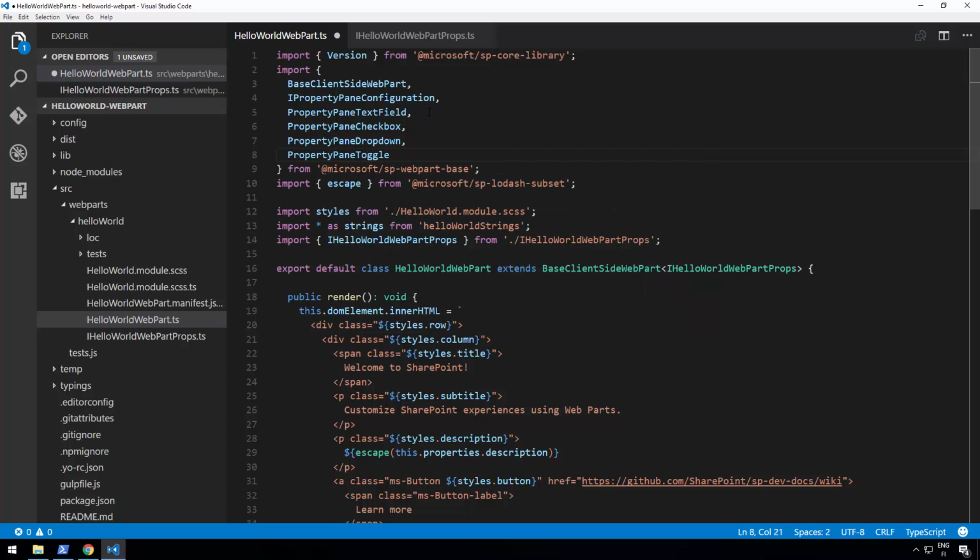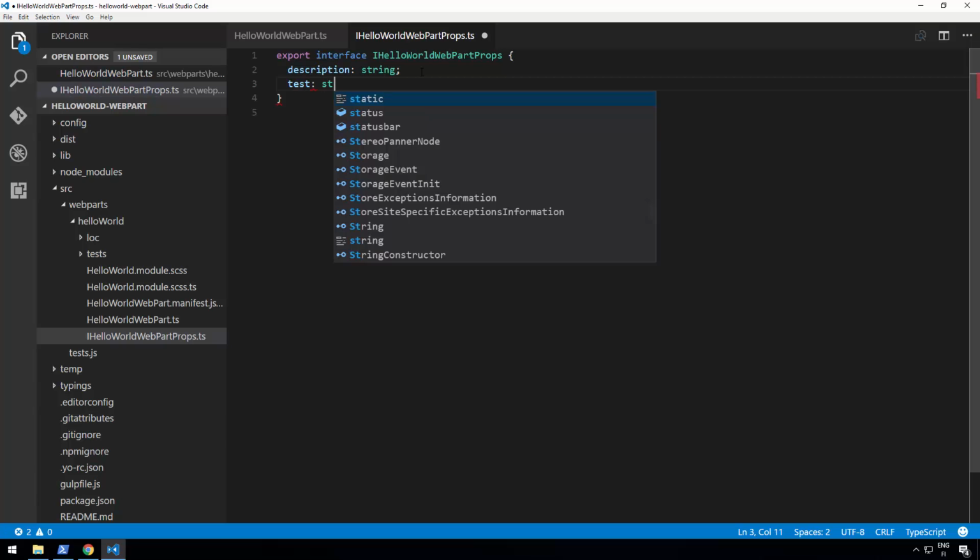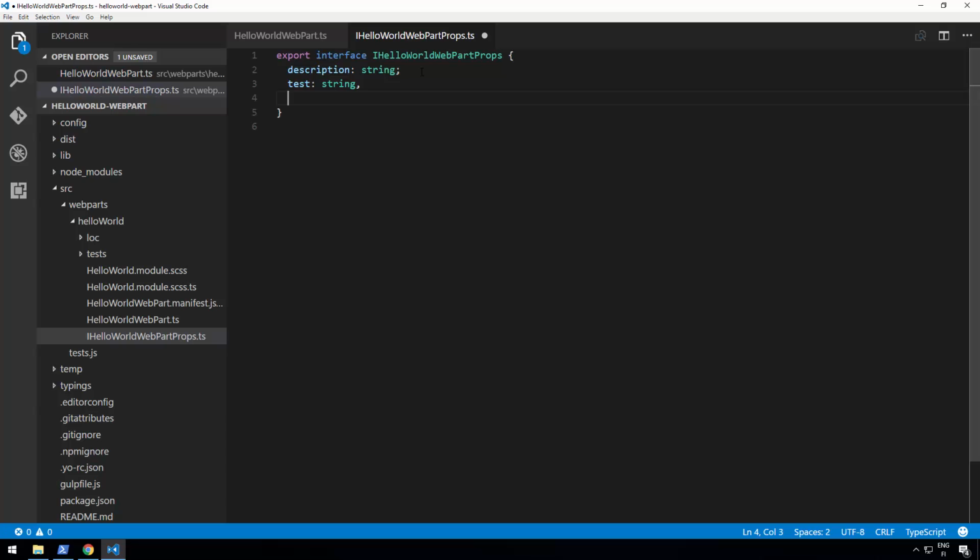So toggle there as well. So now we're importing these controls directly from the SB WebPart page, so you don't actually have to render those by yourself, obviously, which makes a lot of sense. So in our props TS, let's actually adjust this slightly as well. So let's add here a few test properties, so we can actually see how those values work then in practice. So test 1 would be a boolean, and test 2 would be a string, and test